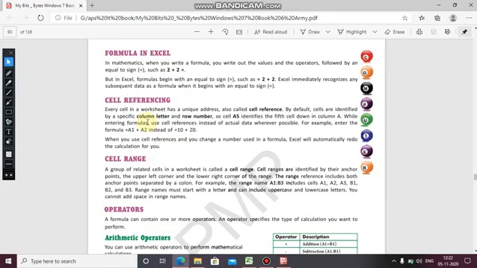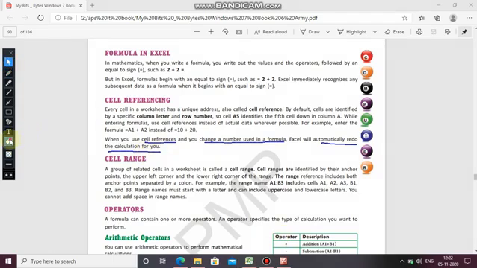For example, enter the formula equals A1 plus A2 instead of equals 10 plus 20. So here, when you use cell reference and you change a number used in a formula, Excel will automatically redo the calculation for you.